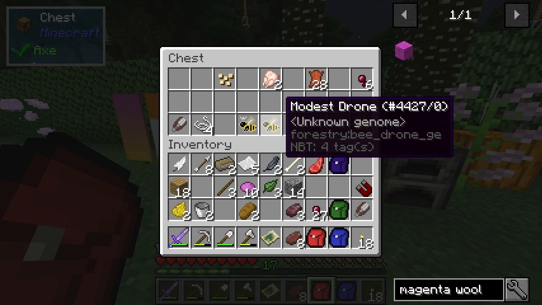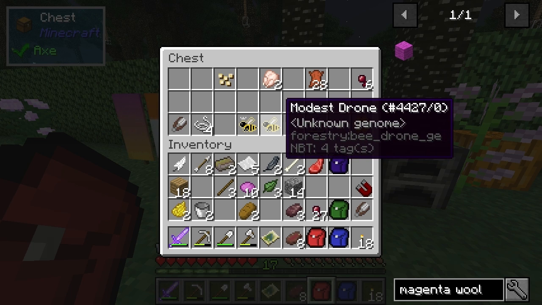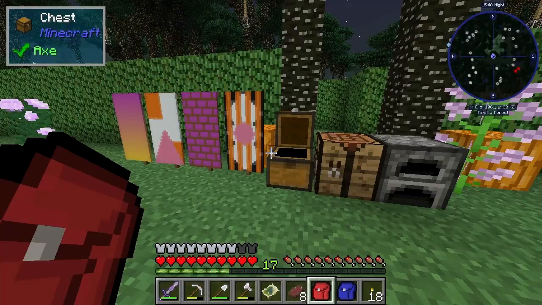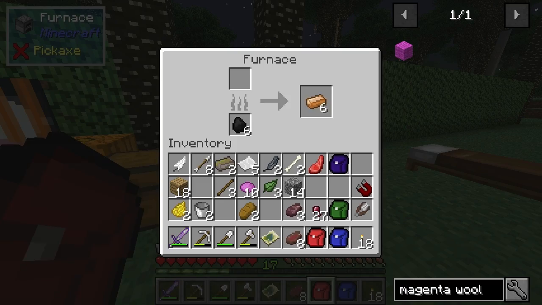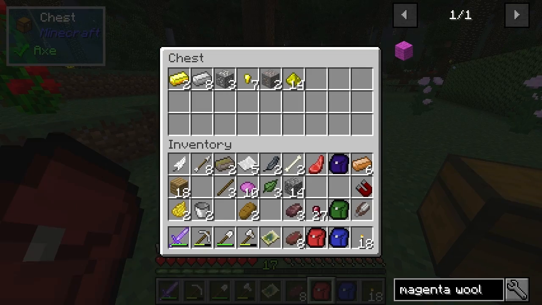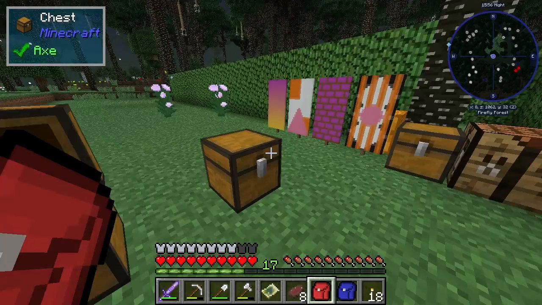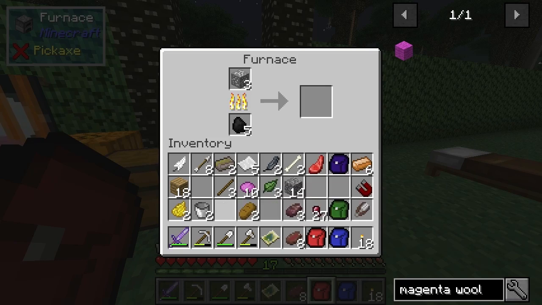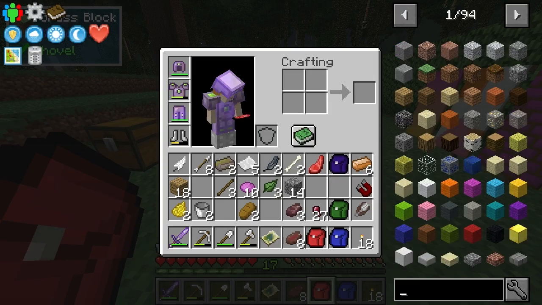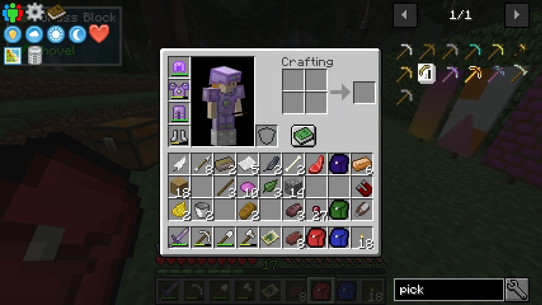I do have a princess. I could put... This is a desert bee, so... Will it be okay? I think I'll just use... I don't think it won't be, to be honest. Copper. And we also need some tin. And we need to... So I believe the pickaxe is the one that's got...